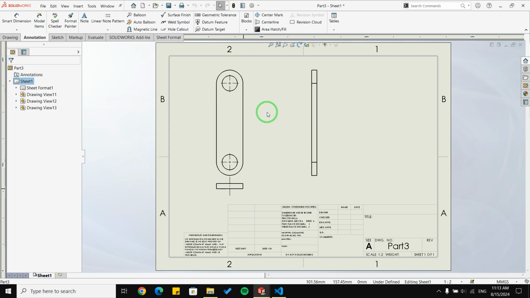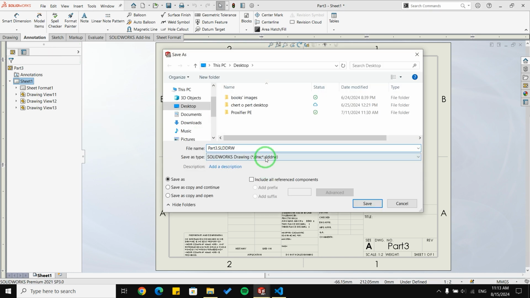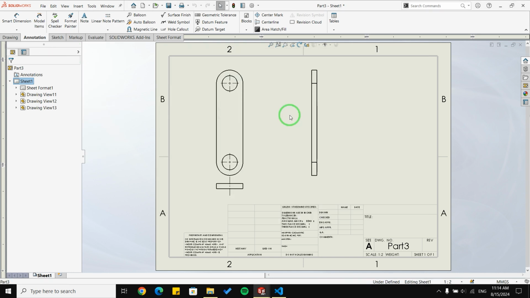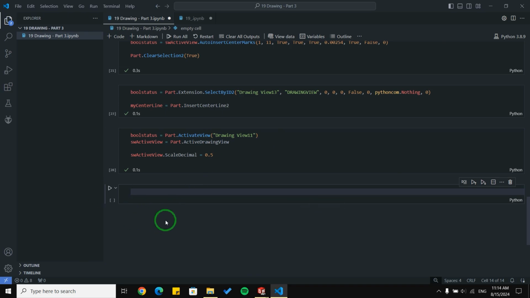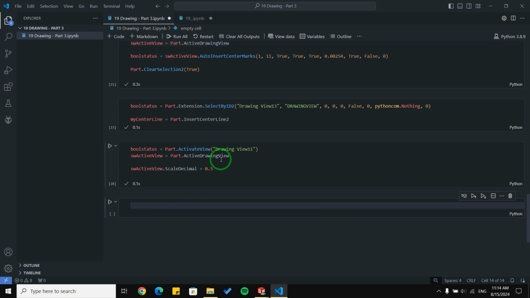When you have a drawing and you put a lot of annotations on it, center lines, center marks, tables, or any stuff you want, at last you want to export it. So to export it and save it, we are able to use save as and PDF. So I'm going to write a very simple line here to save it, and we talked about it many times, and you just need to use the save as 3 function.